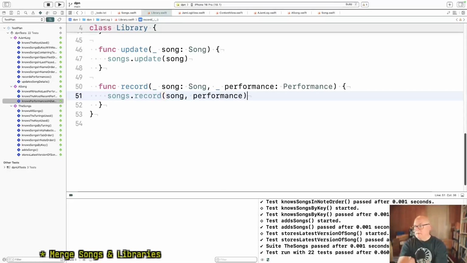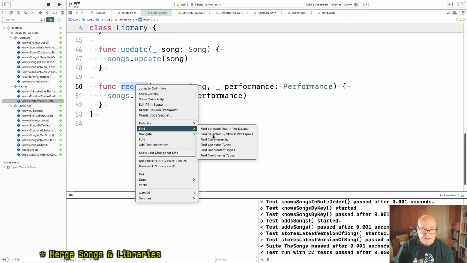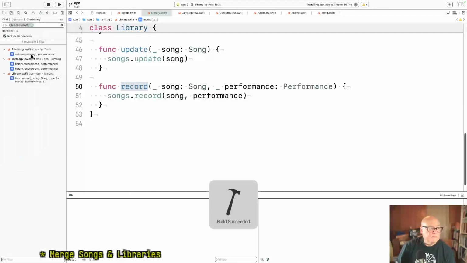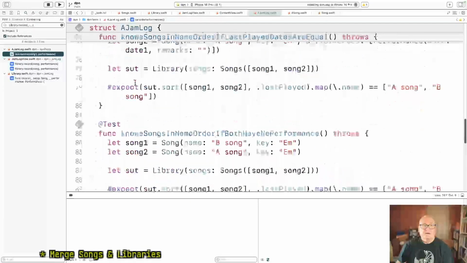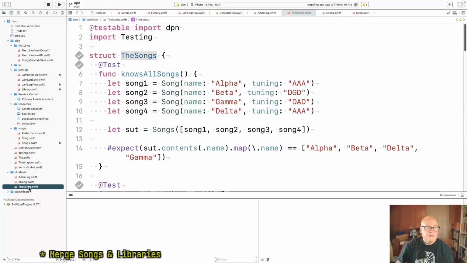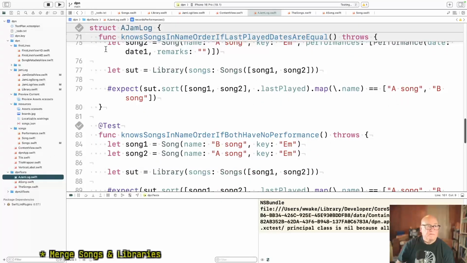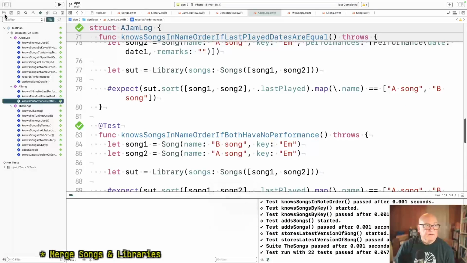All right, nobody should mind that. And let's see who references this. And if it's tests, we can move that into a songs test. A JamLog. Okay. And we don't have a test for the songs. We do. Okay. Oh, I lost my find.